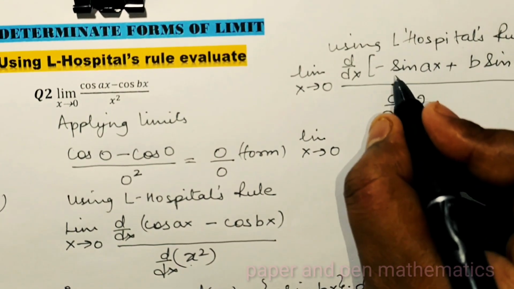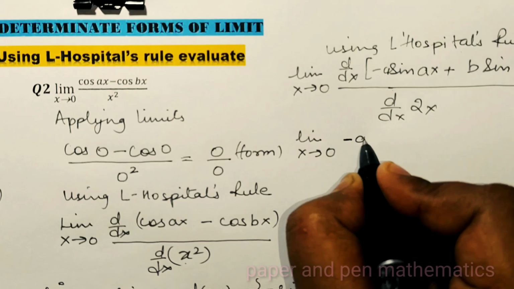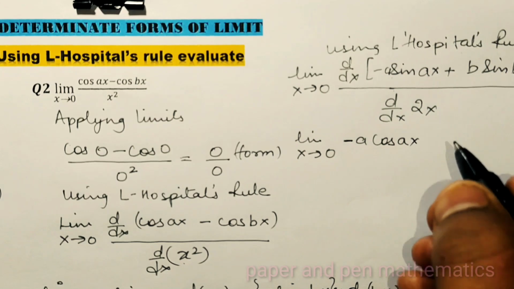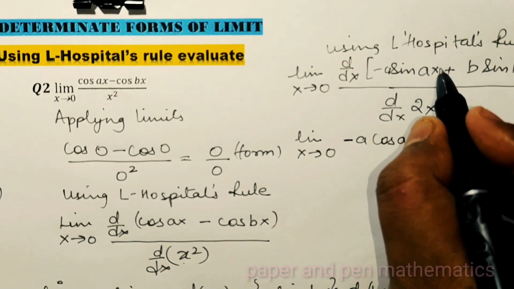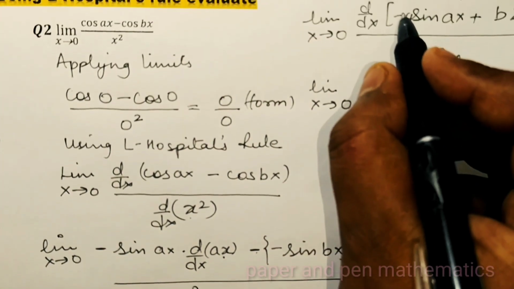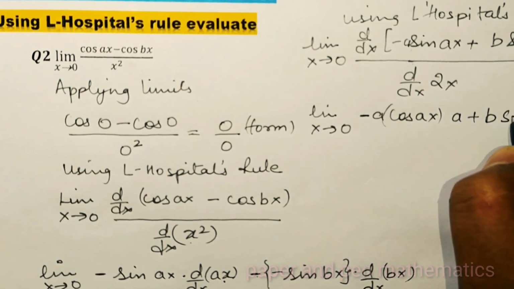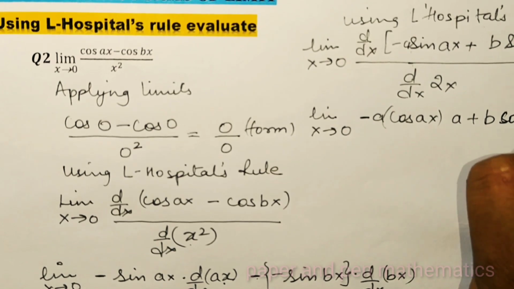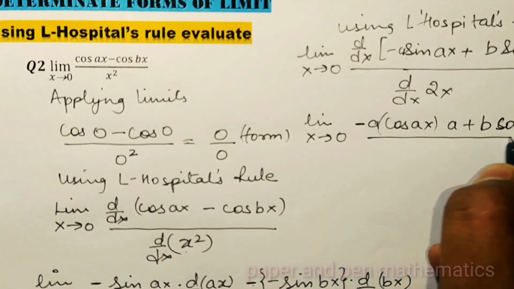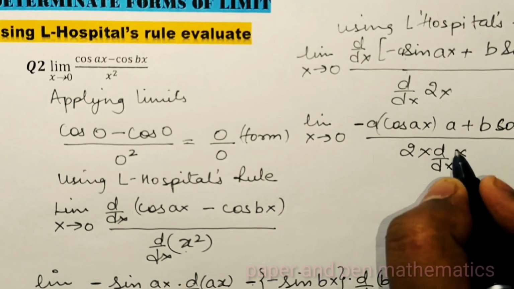Now differentiation of sine ax, sorry, it was a sine ax. Now differentiation, minus a is a constant, so differentiation of sine ax will be what? Cos ax. Now by chain method we have to do differentiation of ax as we have done over here, and we got what? We got a. So here also we will get what? We will get a again. So into a plus b, differentiation of sine bx is cos bx, and by chain method we will get another b, whole divided by 2 into differentiation of x.